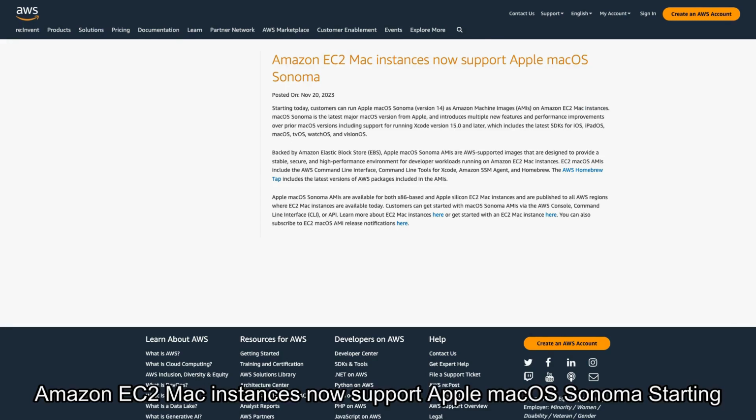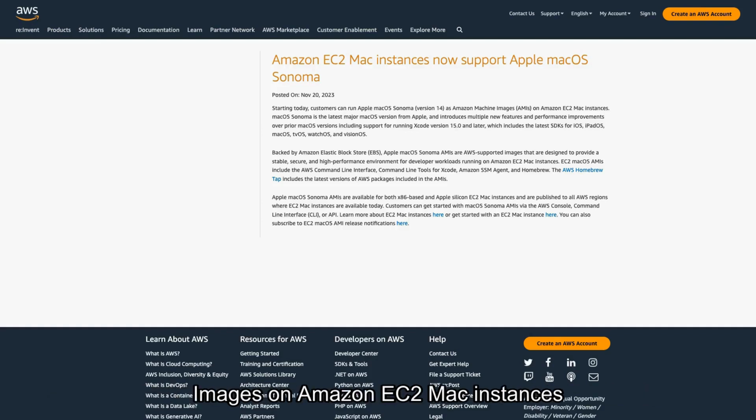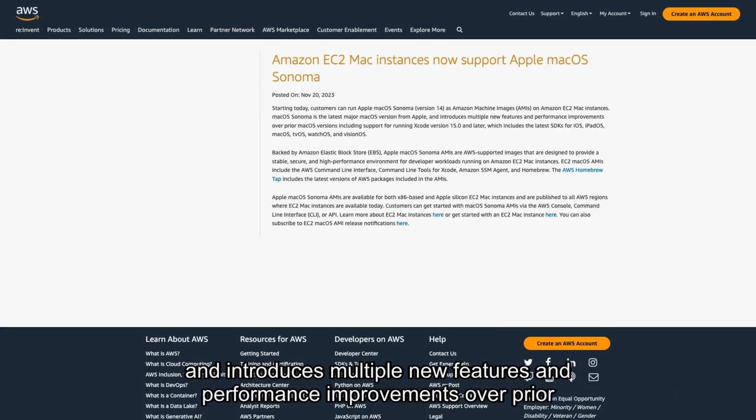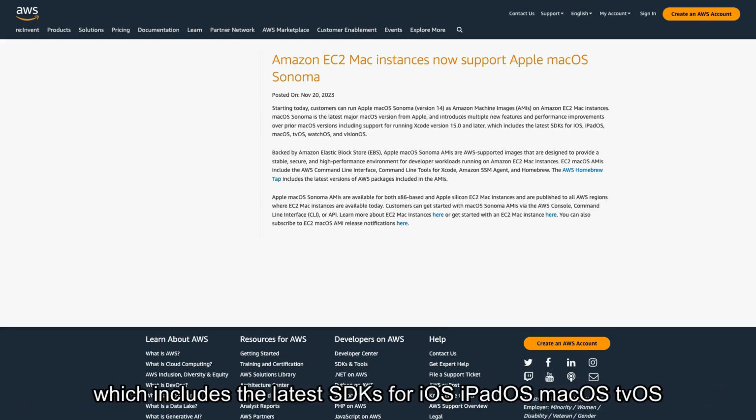Amazon EC2 Mac instances now support Apple macOS Sonoma. Starting today, customers can run Apple macOS Sonoma as Amazon machine images on Amazon EC2 Mac instances. macOS Sonoma is the latest major macOS version from Apple, and introduces multiple new features and performance improvements over prior macOS versions, including support for running Xcode version 15.0 and later, which includes the latest SDKs for iOS, iPadOS, macOS,